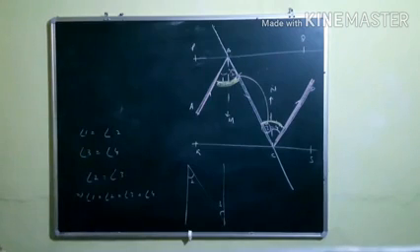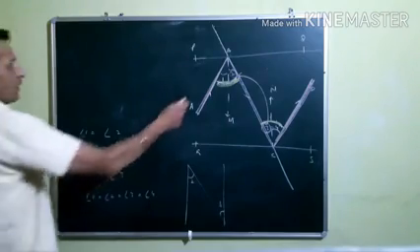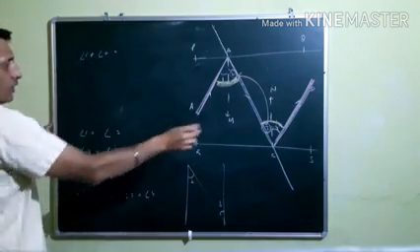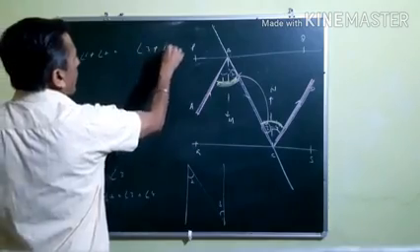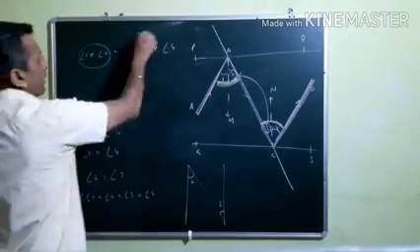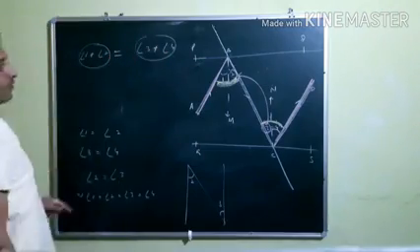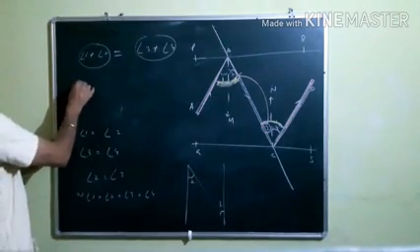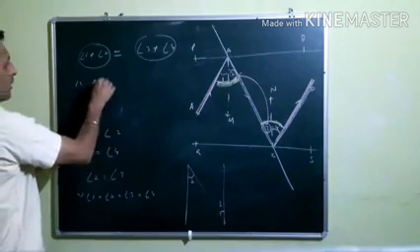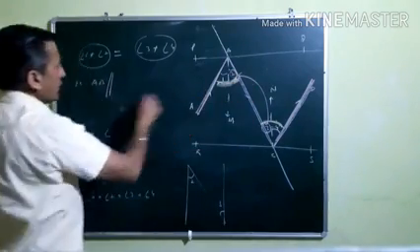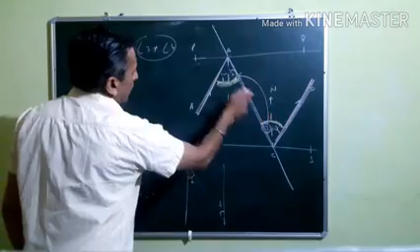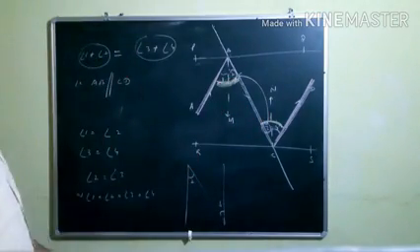Now if all the angles are equal, then the sum of any two is equal to the sum of another two. But we need this one, so we are taking angle 1 plus angle 2 is equal to angle 3 plus angle 4. And these are alternate interior angles, this yellow one is equal to this other yellow one. So that means line AB is parallel to CD, because these are alternate interior angles, and if alternate interior angles are equal, naturally the lines are parallel. That's all.